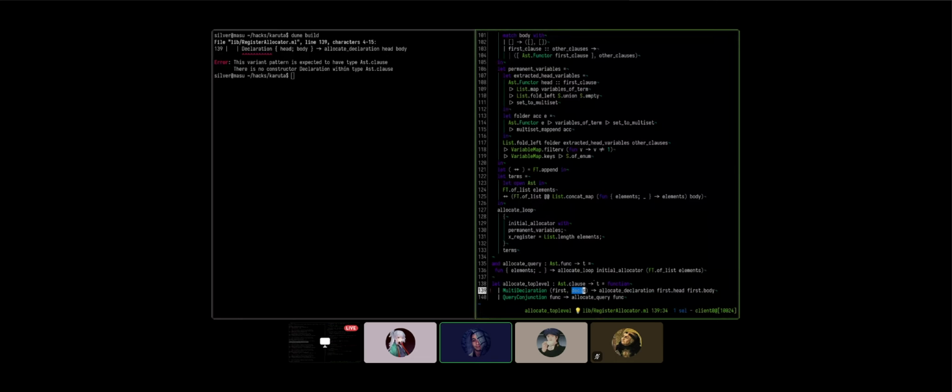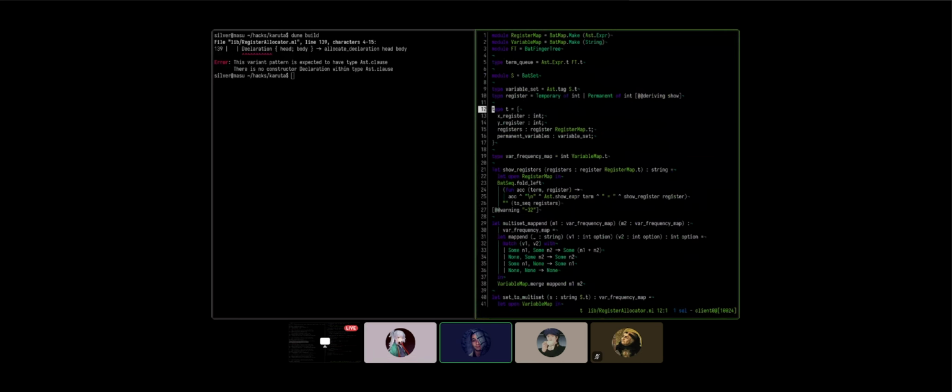Go back to the T definition, please. My understanding is that the only thing that matters after you allocate everything are the registers and the permanent variables. Actually, not even that, only the registers. Am I wrong? We do need to know how many X registers we have actually.